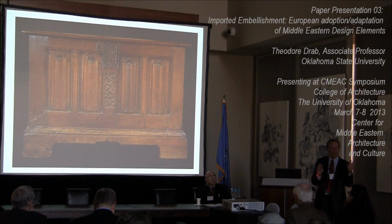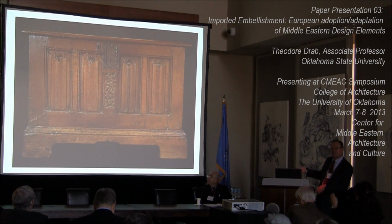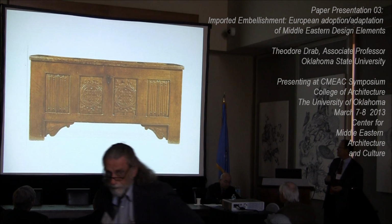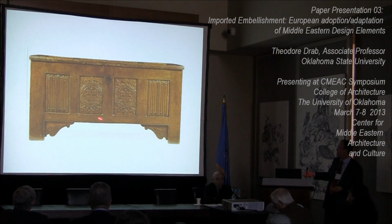Why? Because it was rare, and perhaps I'm suggesting they used their interpretation of calligraphy to do exactly the same thing with this furniture detail. Here we have one that kind of abandons, this is the latest example of all the furniture I've looked at, abandons the Middle